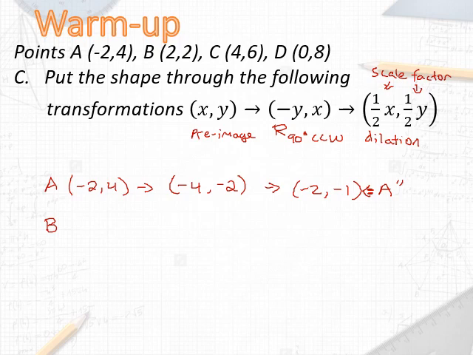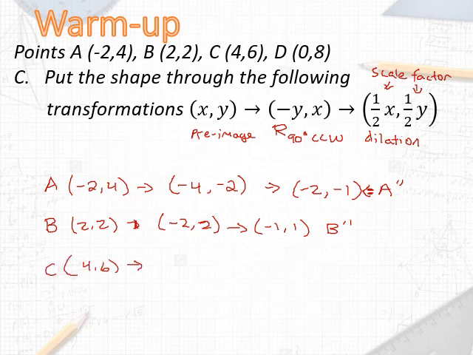B is at 2, 2. So switch them, change the sign, -2, +2, multiply by half, -1, 1, and that's B double prime. And then C, 4, 6. So it'll be -6, 4, -3, 2 is going to be